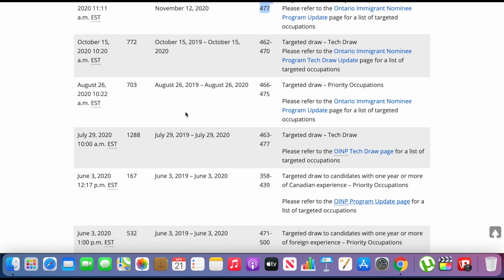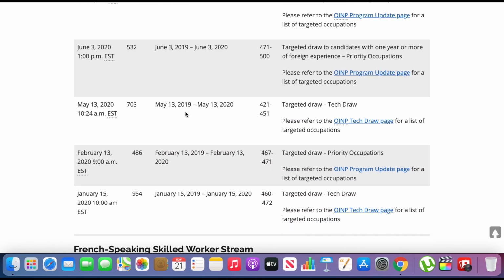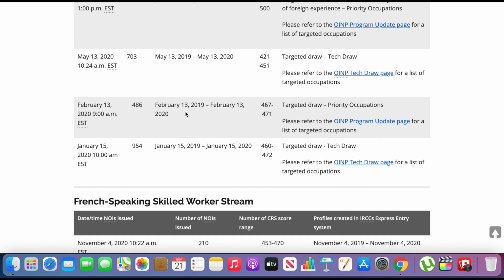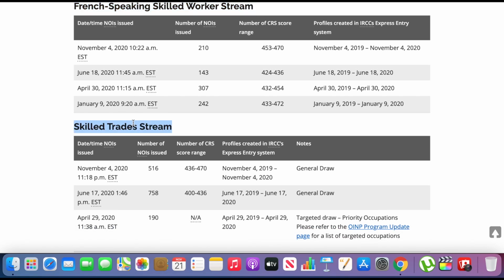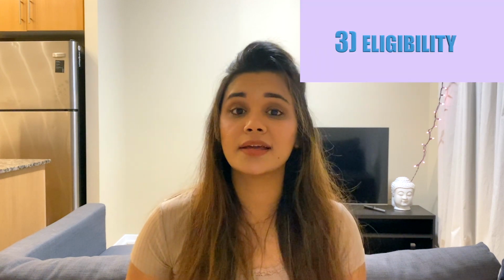So based on the date here, if you scroll down, you have other NOIs that were issued. You can find them. Scrolling a bit further down, you have the NOIs that were issued under the French-speaking Skilled Worker Stream. So you have the information about the CRS score as well. And also you can find the NOIs that were issued under the Skilled Trades Stream. Now that we know the skeleton of how OINP works, let's move on to the third agenda of the video,